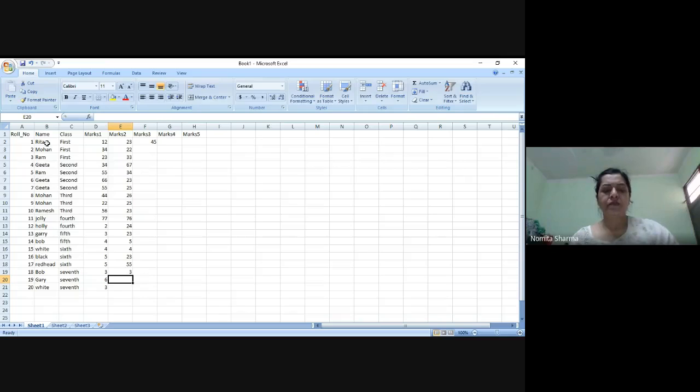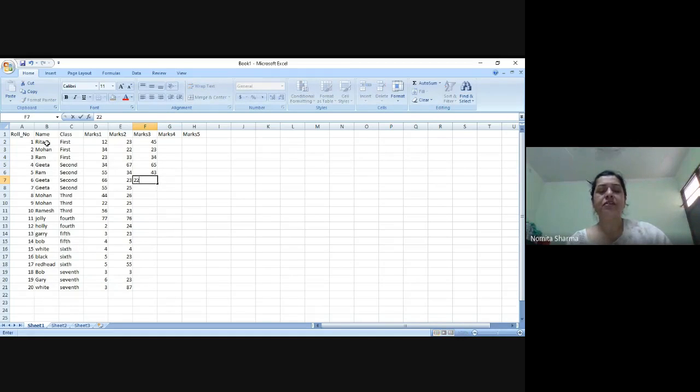Now, in the pivot table, the important thing to remember is to prefer not having any blank value or blank cell in the table. Prefer. If you leave anything blank, it won't give you any result. But the point is, why do we have the blank cell? In a master table, please remember, prefer not having any blank value. Otherwise, the pivot table will be of no use, because the pivot table is there to summarize the data, but if the data is not there, then you can't even summarize.